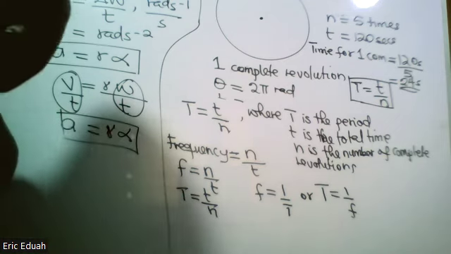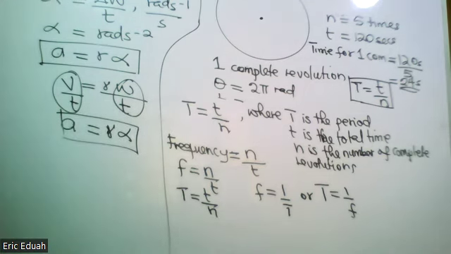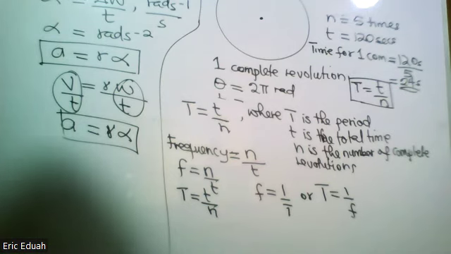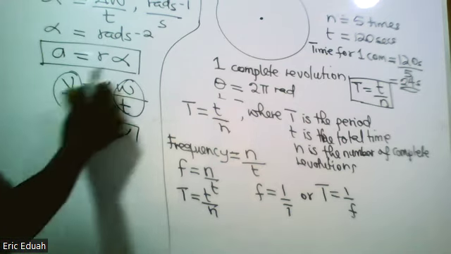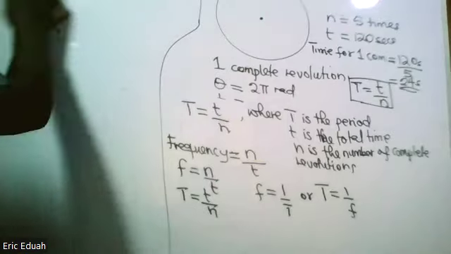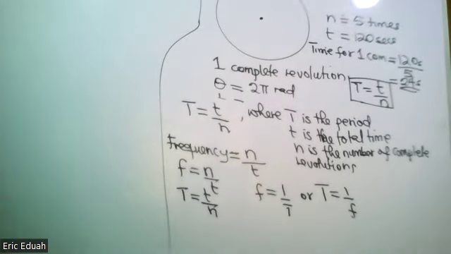Sir, frequency is the number of complete oscillations made by a body in a given period of time. All right, because this is about circular motion, we'll say that frequency is the number of complete